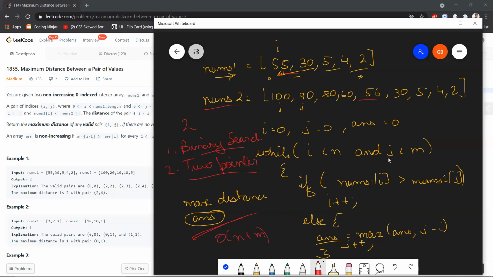And it's much easier to, I guess, dry run or understand or visualize. Although I wouldn't say it's much easier. It's almost the same, but yeah, I still like the two-pointer approach more because this is not using any external functions. So I hope this problem was clear to you guys.